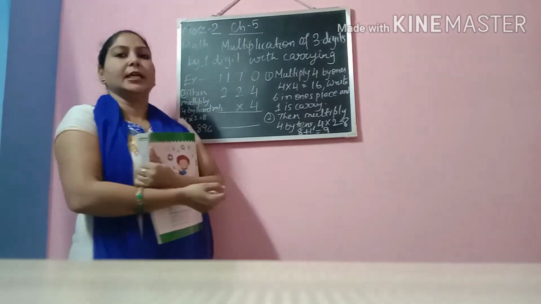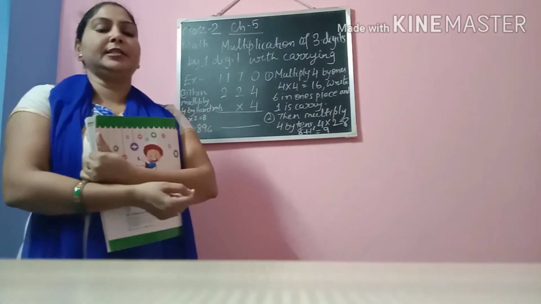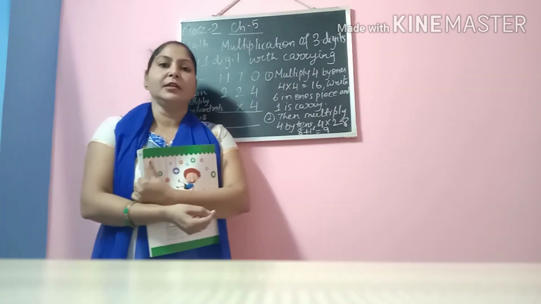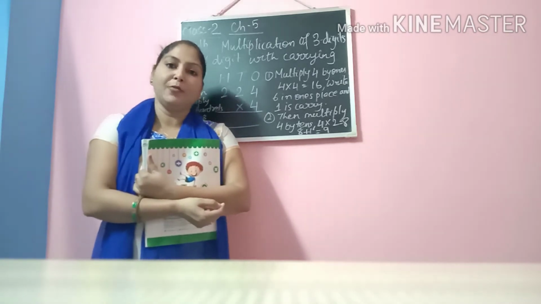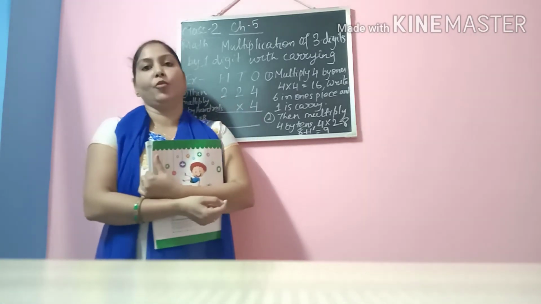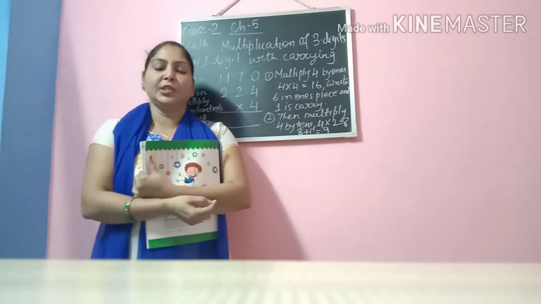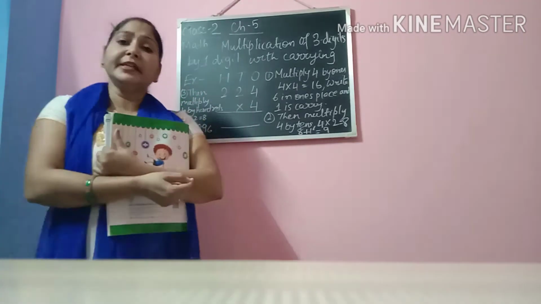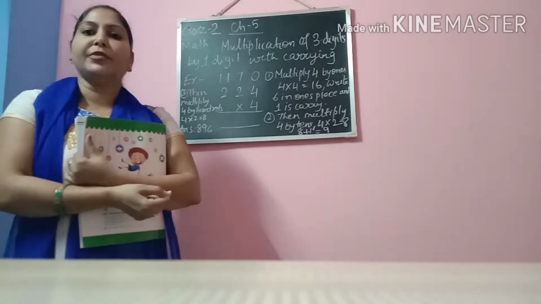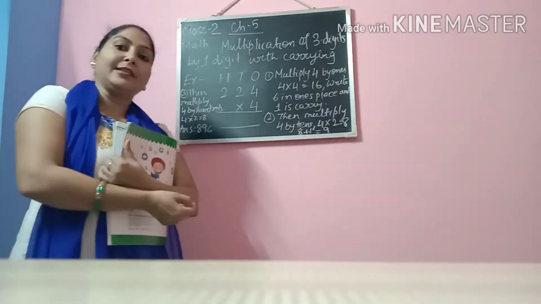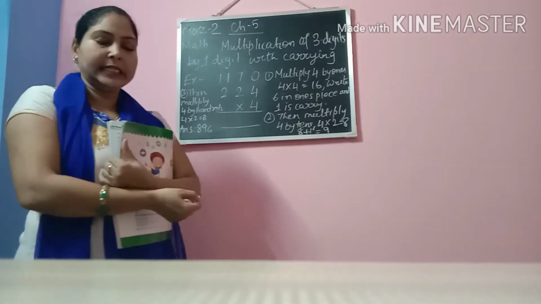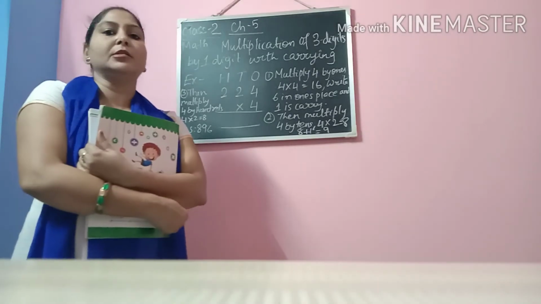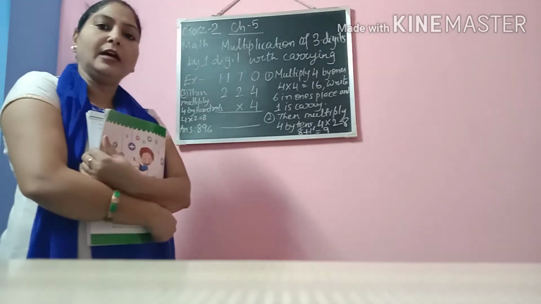Going to learn maths. Now, as you know, we are already doing chapter number 5, multiplication, and in the last class we have completed multiplication of 2-digit number by 1-digit number without and with carrying over. Okay, and also we have done 3-digit number by 1-digit number without carrying over. Now, in this class we are going to learn multiplication of 3-digit number by 1-digit number with carrying over. Okay, so it is not that difficult, just a little bit of difference. Otherwise the process is the same as what you have learned in the earlier class.